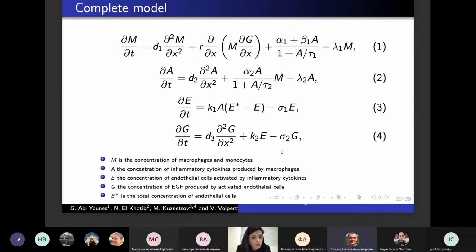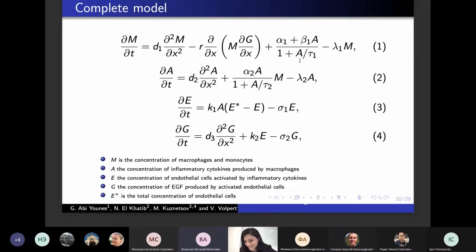first equation, in the term which describes the production of M. So you consider that this term describes the activation of monocytes, yes? Or production. What is it? The production. Yes. No, it's not. Well, sorry, it's not really production. I would say that it's recruitment of monocytes from the blood flow. But if it is recruitment from the blood flow, then this term should be in the boundary conditions for this equation.